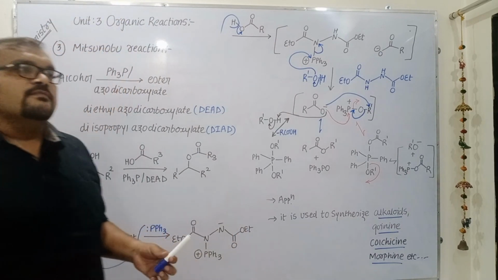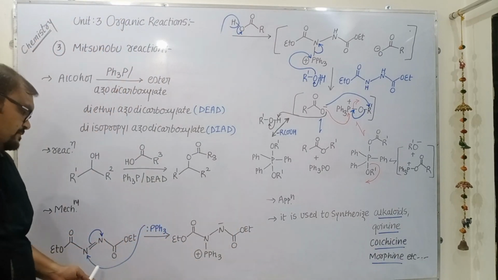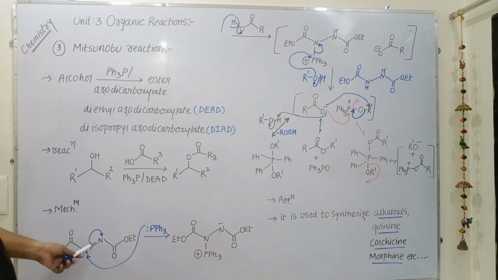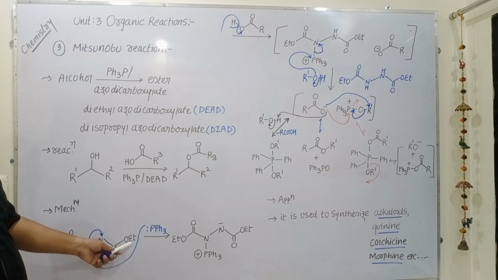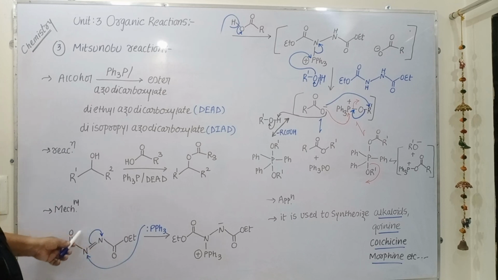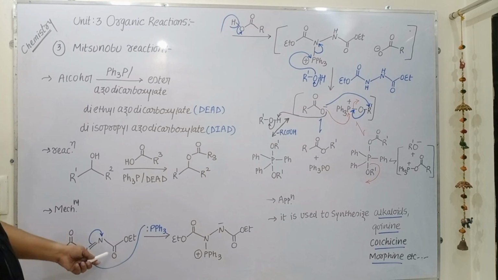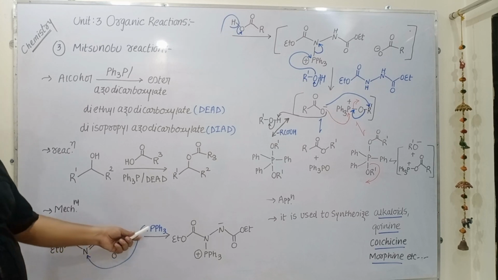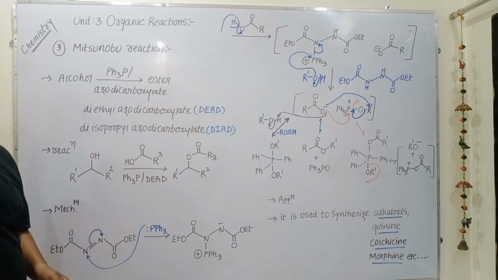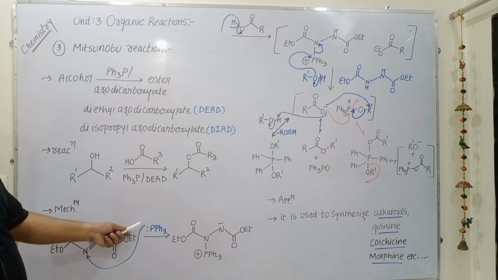So in the mechanism, as we can see here, when diethyl azodicarboxylate... why is this molecule known as diethyl azodicarboxylate? Here we can see that two ethyl groups are there, one azo group and two carboxylate esters. So this compound is known as the diethyl azodicarboxylate molecule. When this reacts with triphenyl phosphine, as we all know, phosphorus has a lone pair of electrons, so this phosphorus